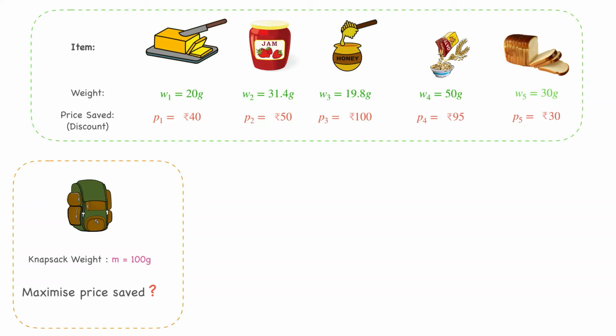So this problem can be formulated as an optimization problem, and more particularly this is a binary optimization problem, which means that you either take an item or you don't take an item, either you include or exclude an item. Including an item is considered as 1 and excluding an item is considered as 0. When such is the case, we can mathematically formulate this problem as given here.